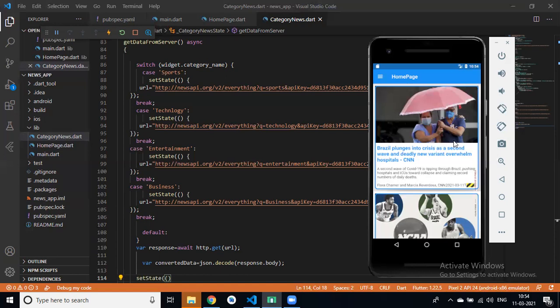Any confusion in the API part? We have created lots of projects on the basis of API, like GitHub API and all. So any question on the API part? Is this tough?